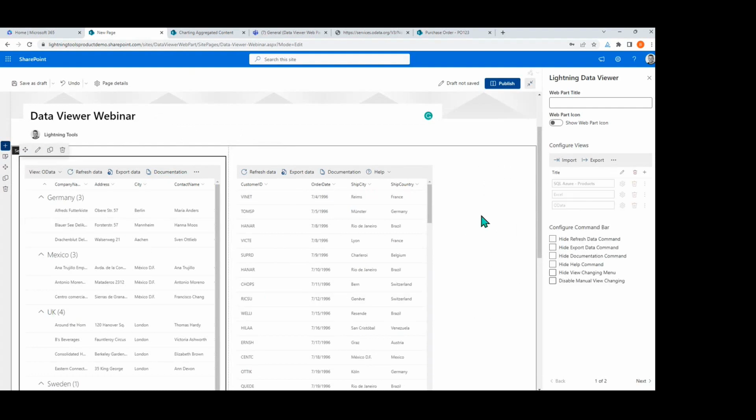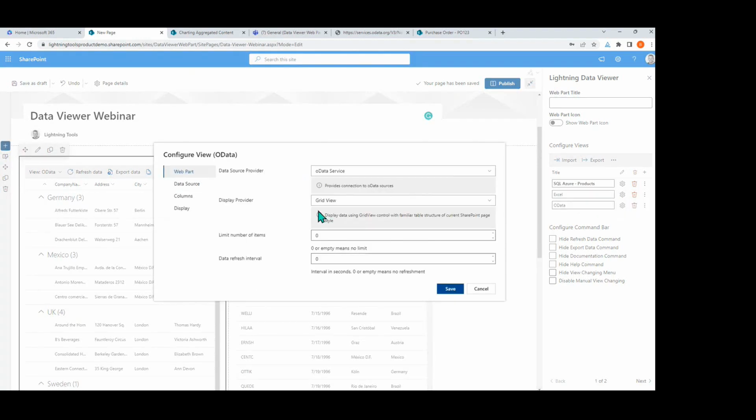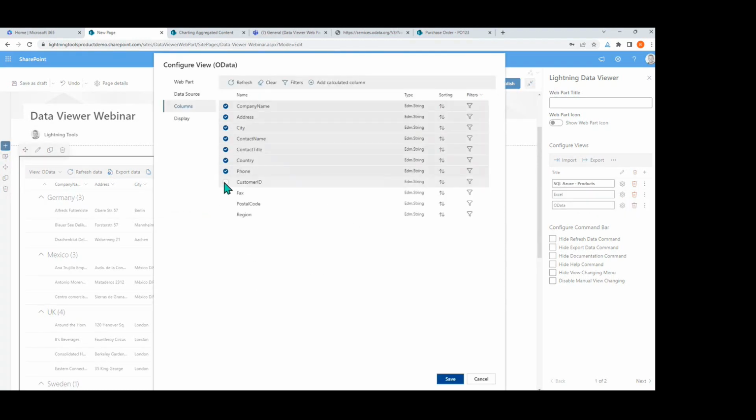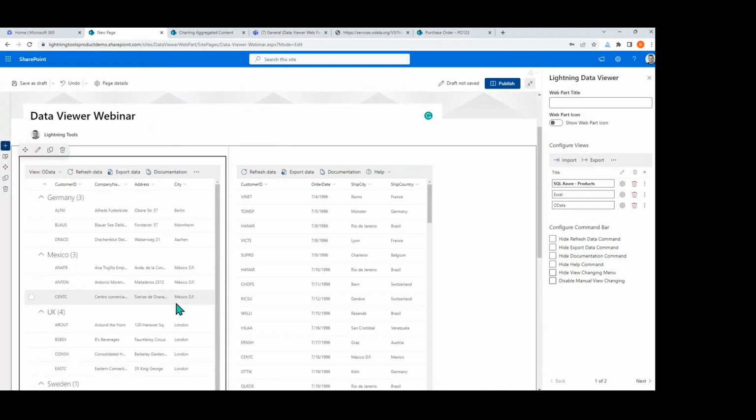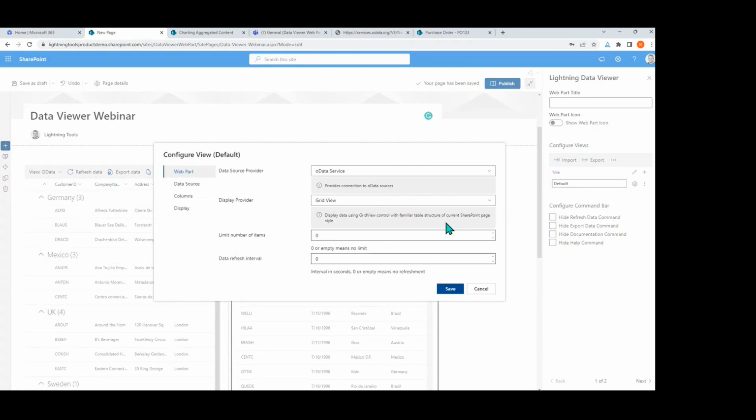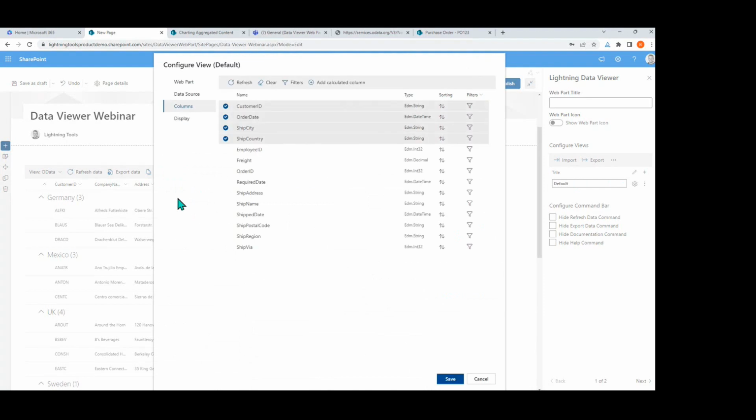Now I've just realized there's one additional column that I need to set on customers here. I didn't choose customer ID, so that is required for this demo. Okay, so let's save that one. So I've got the customer ID showing. And so what we're going to do with the second web part now is under the columns tab, I'm going